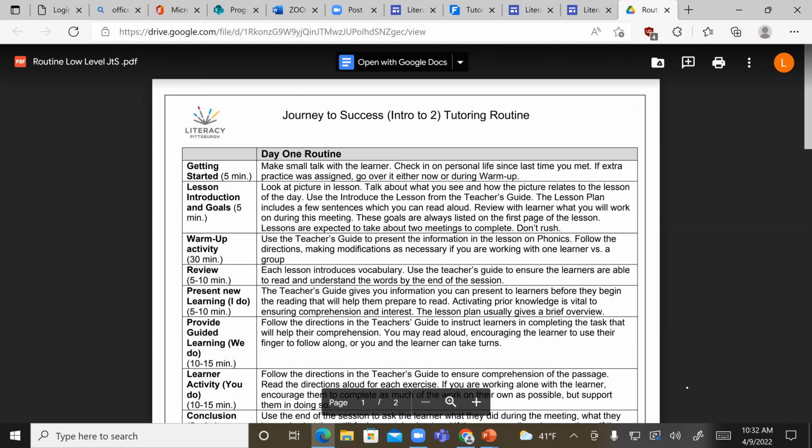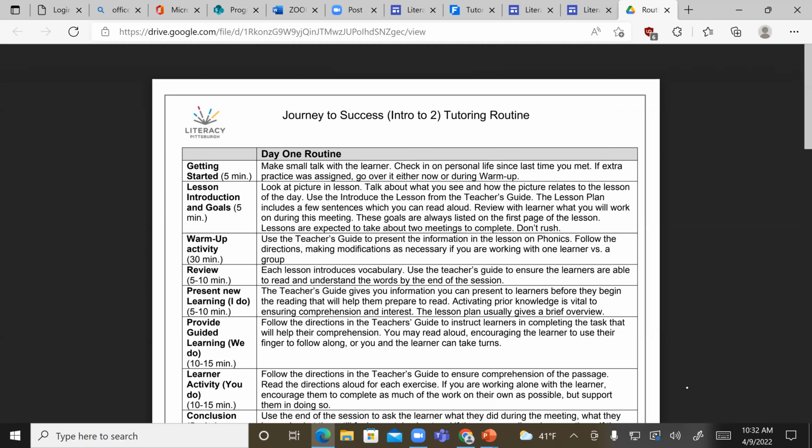We always suggest that you spend some time when you first start meeting them talking with the student. I have had feedback from tutors that some of their ABE students don't want to do this. They just want to get started learning, okay? So that's fine, right? I've also heard that sometimes that's all students want to do. So you're going to have both. You're going to have to work with that, figure out how to rein that in.